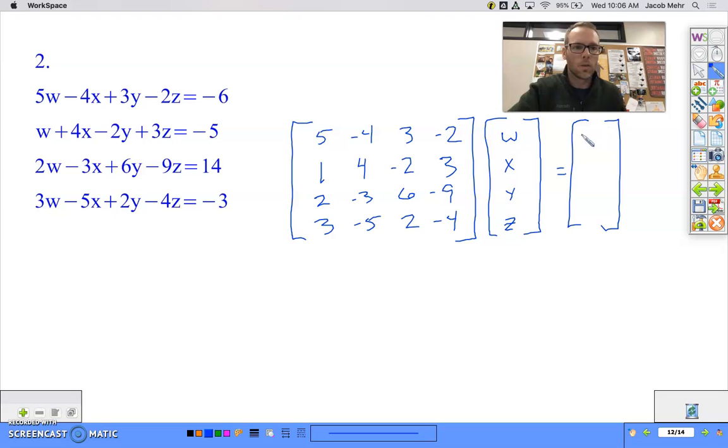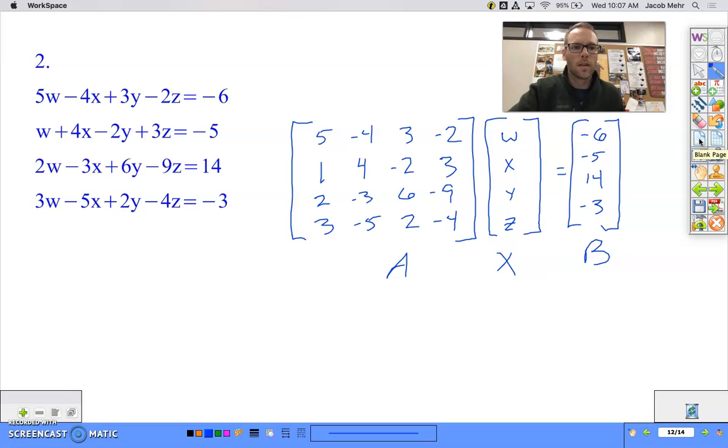What does that have to equal? -6. This is our constants, the other side of the equation: -6, -5, 14, -3. Now remember, we're going to call this matrix A, this variable matrix matrix X, and